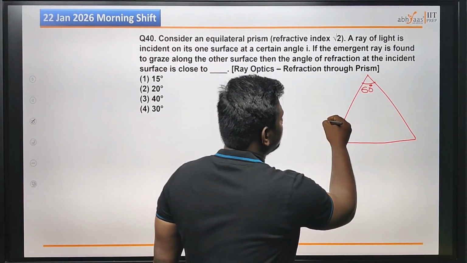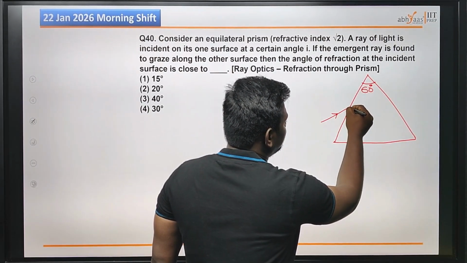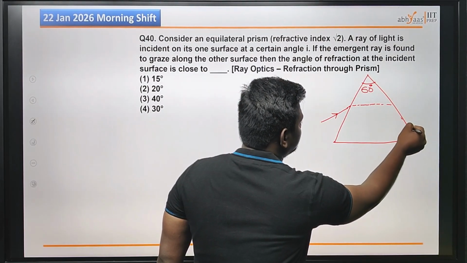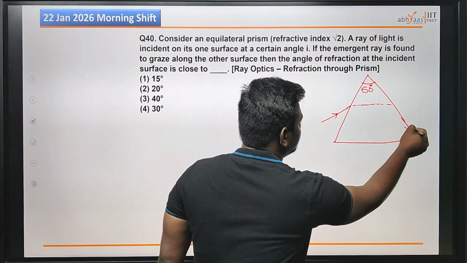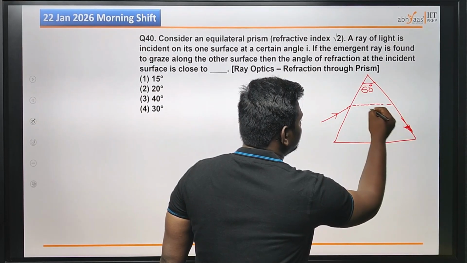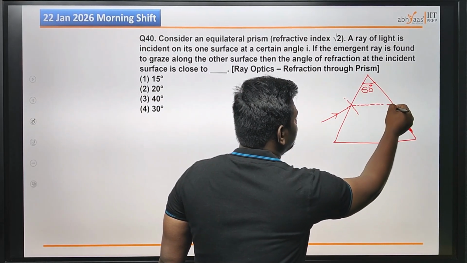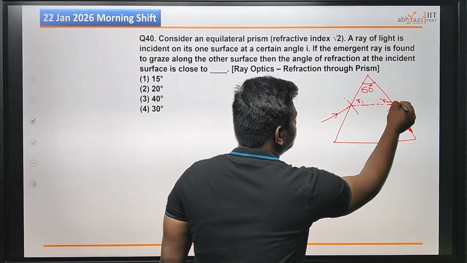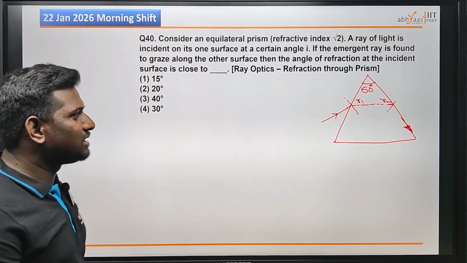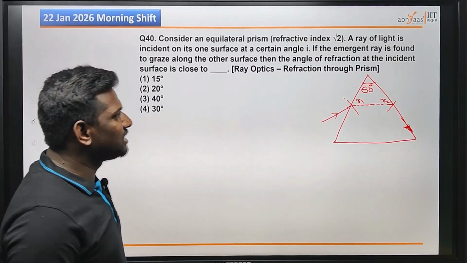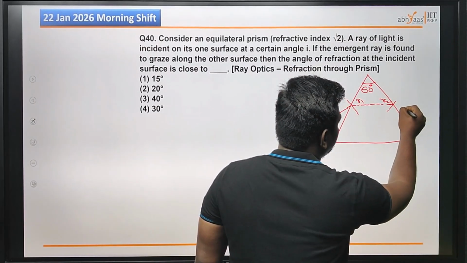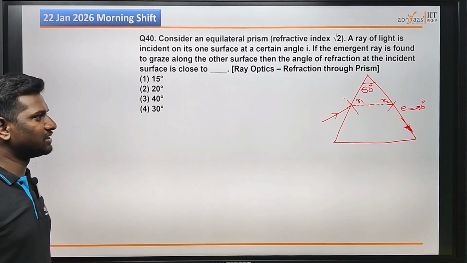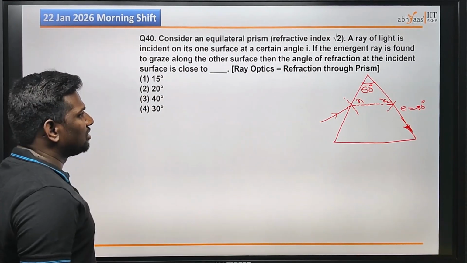So we are making one ray incident. It is refracting here and grazing at the other surface. This is R1, R2. Grazing means it is at the total internal reflection condition. What is the total internal reflection condition? The emergent ray is at 90 degrees. So from this one you can write